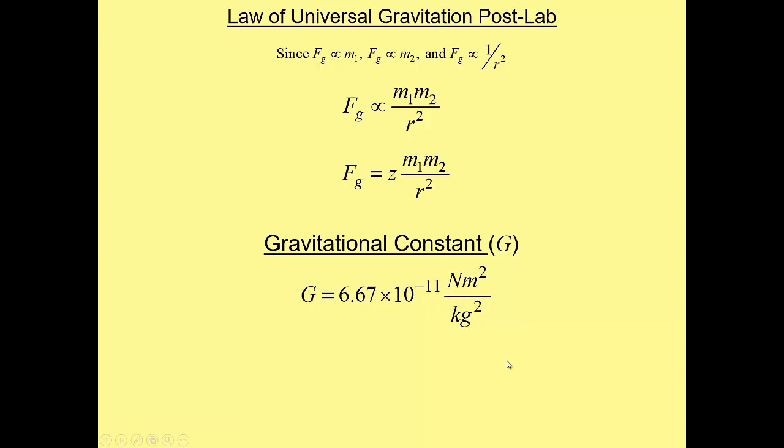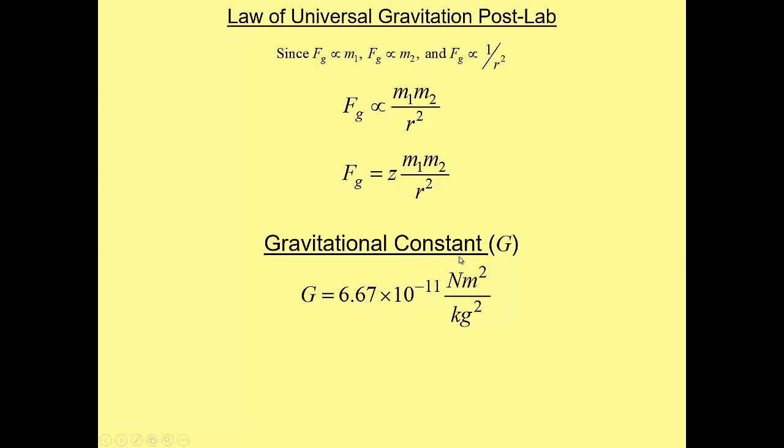6.67 times 10 to the negative 11th Newton meters squared per kilogram squared. Now, if you have it in your calculator, you might even have more decimal places. I want you to notice how those units work. If you plug those units in here, notice that the kilogram squared on the bottom will cancel out with the kilogram squareds you'll get when you plug in your masses in kilograms. And the meters squared on top will cancel out with the meters squared when you square your separation distance in meters on the bottom, which will leave you with units of newtons, which are force units. So if you ever forget what the units are on this, you can tease them out from the equation. What do the units have to be so that everything cancels out